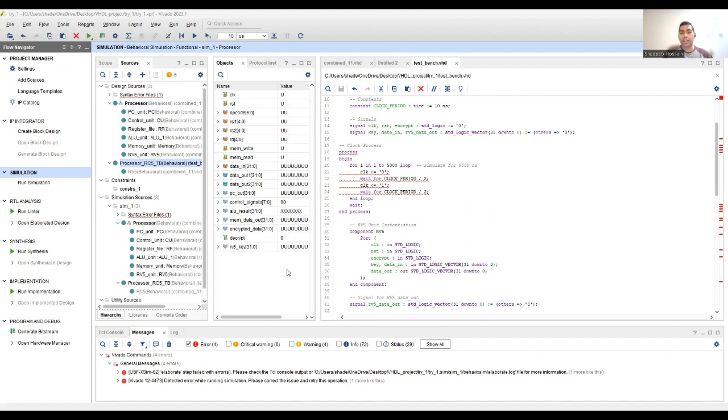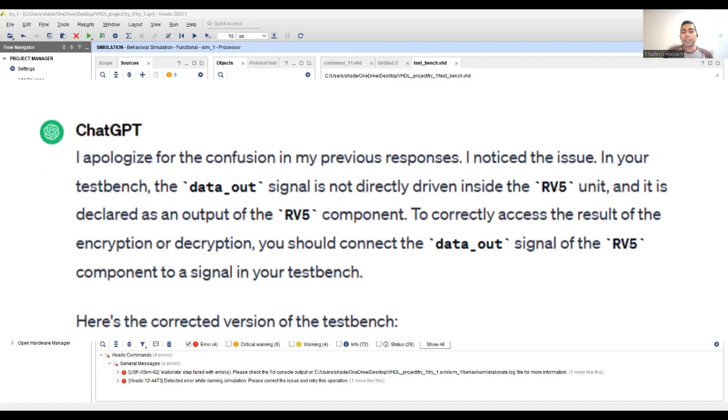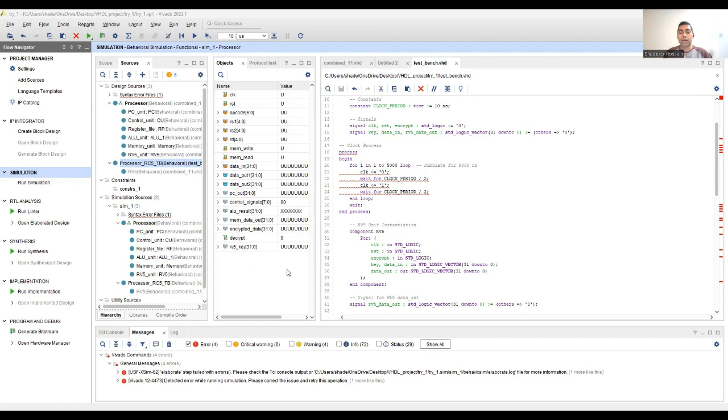Bottom line, one of the errors that they were constantly suggesting, as I've mentioned in my report, is that the RC5 data out signal might not have been connected. That is what they're trying to say, which was also pointed out by the TA as well, that maybe it's not connected. The data out signal is not directly driven by the RC5 unit, and that could be one of the reasons why it's not working. We tried a lot of times and we are not getting it, but we did get, as you could see over here,